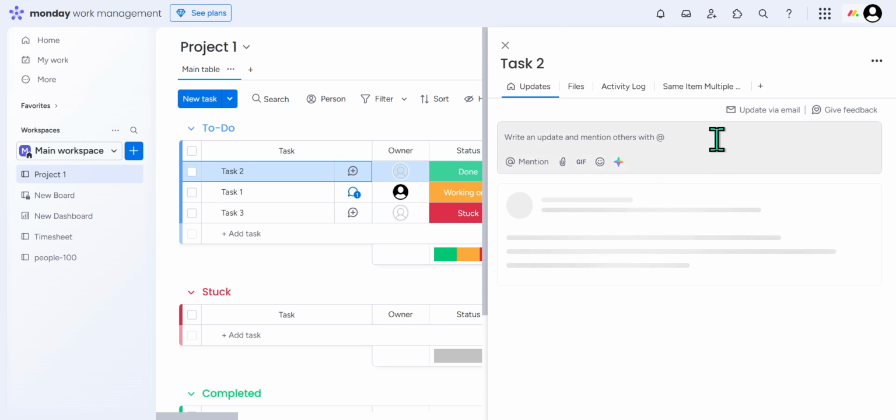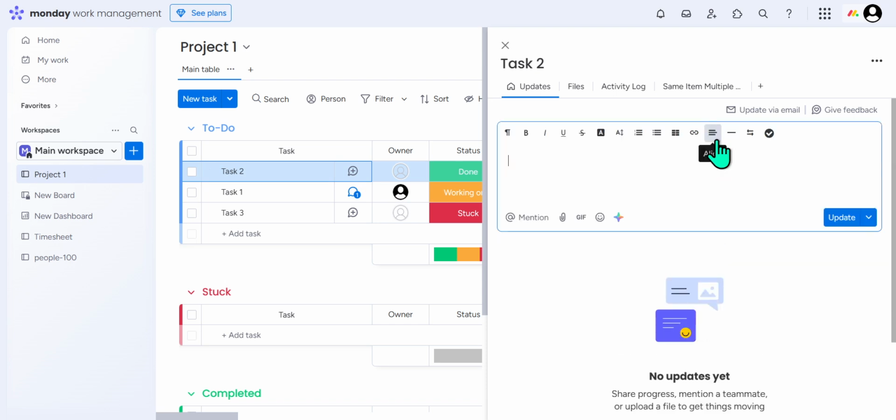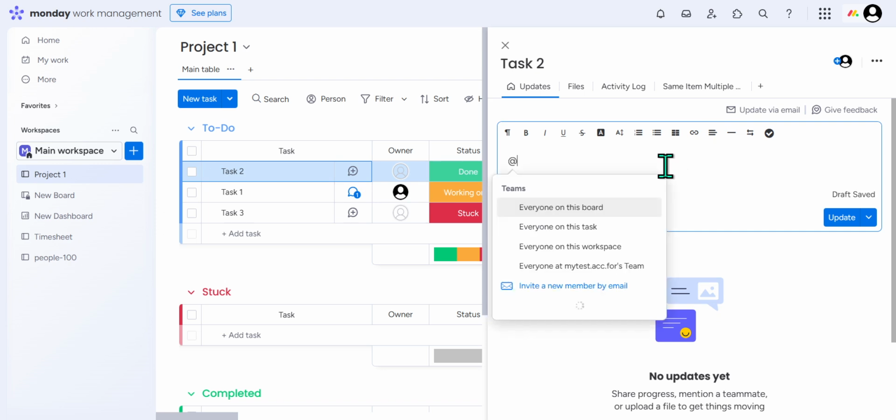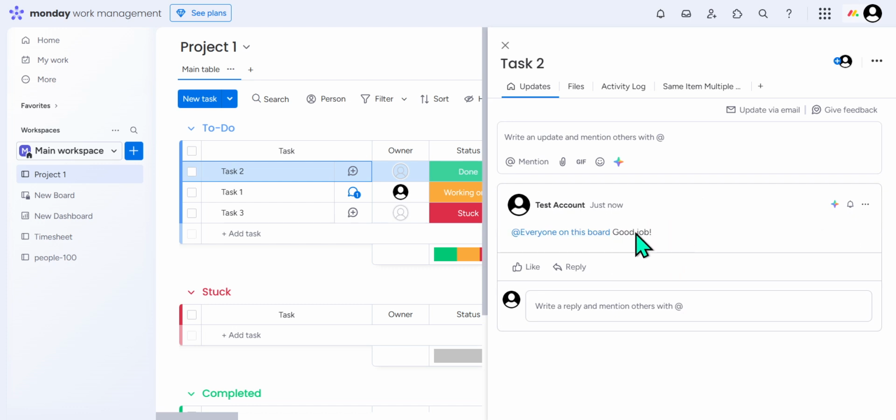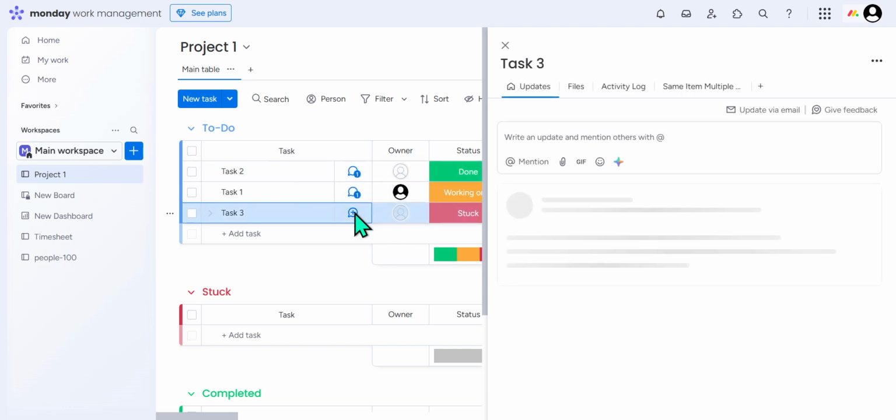in question. This feature allows you to add context, insights, or ask questions that are pertinent to that specific task or item, ensuring that your team members know exactly what you're referring to. This can be particularly useful for clarifying details or collaborating on specific projects directly linked to that item, without the clutter of unrelated discussions. Now, there might be instances where you want to communicate on a broader scale, involving discussions